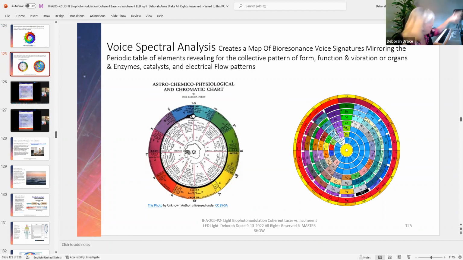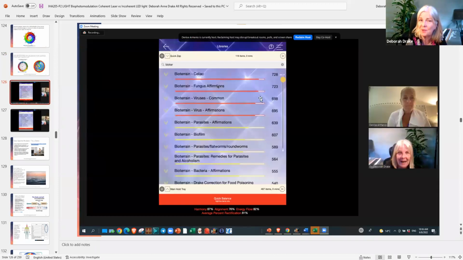We don't stop at 12 octaves of music on the piano. We stop at 82 octaves, some people higher than that, who knows how high in infinity. So when you get the reflection back from the Genius program that says, I'm hot with celiac disease, my wood or my stomach element might be on fire, and there's a fungus among us, well, that might mean that your endoderm and your guts might be overgrown with the wrong pH.